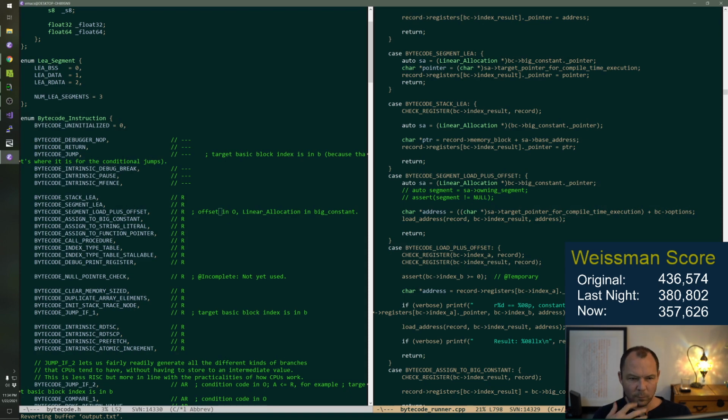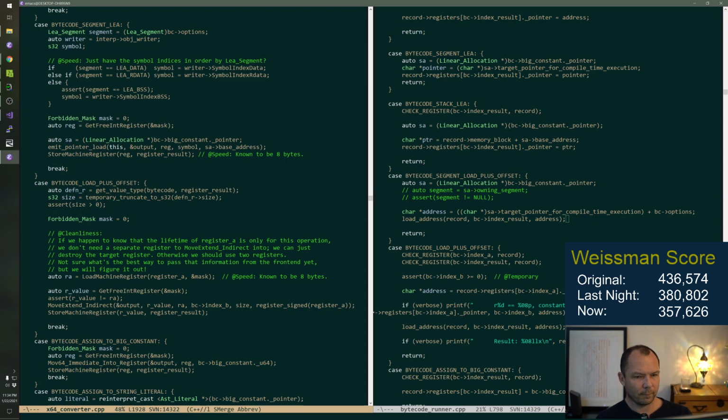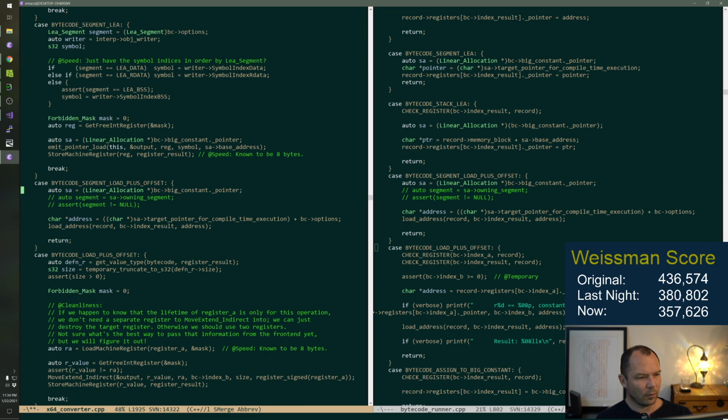Great. Now we want to make an attempt to implement this here. So segment load plus offset in x64 is going to be, we want this segment. This segment is going to have an address.